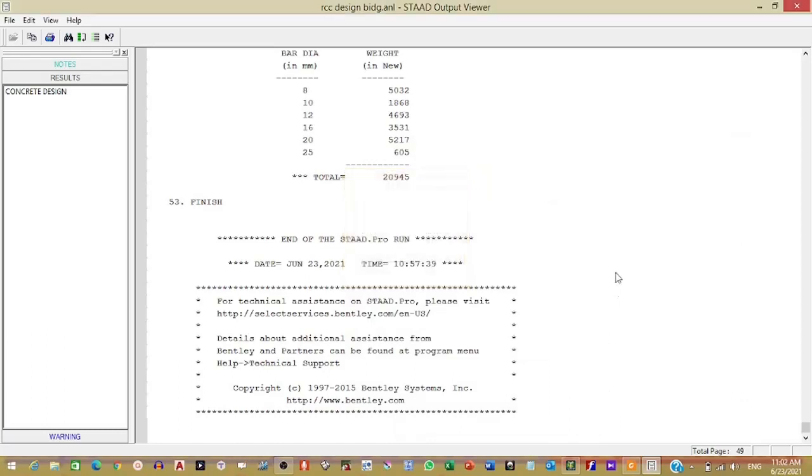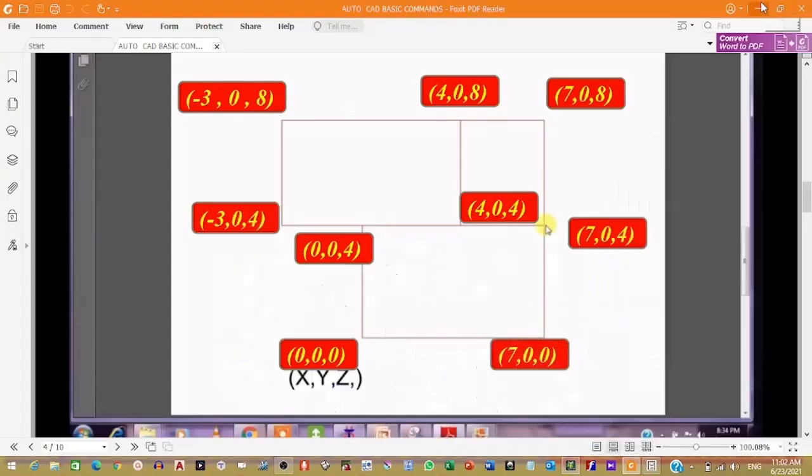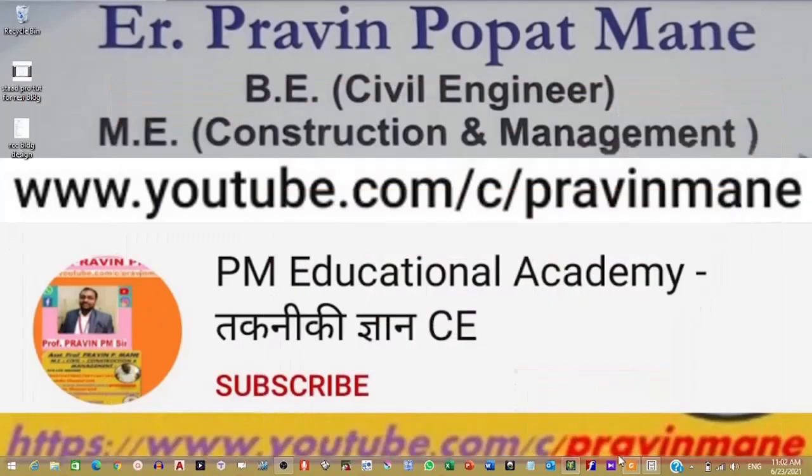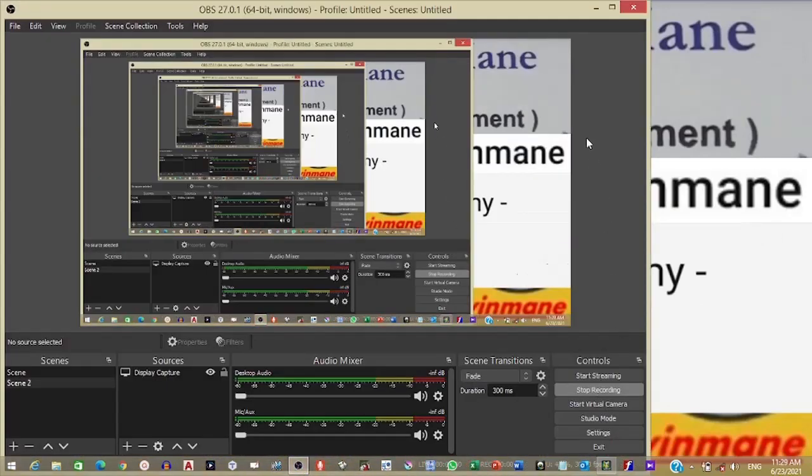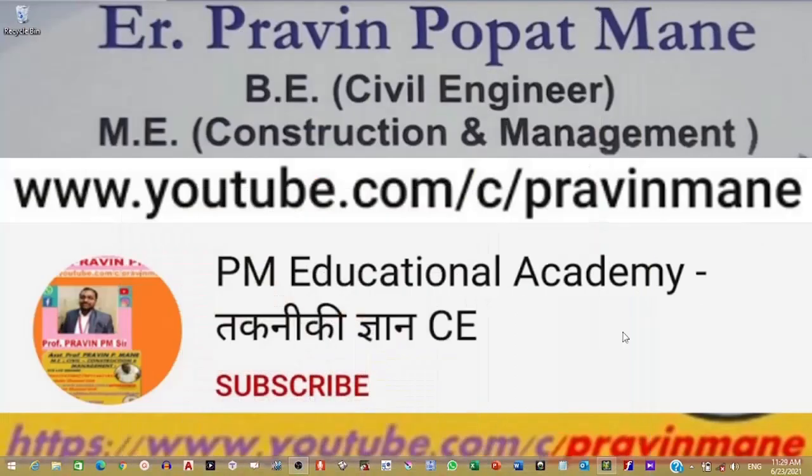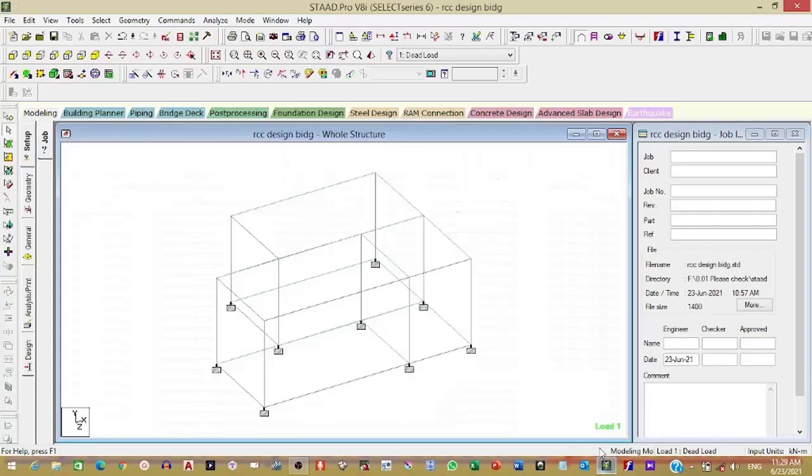You just give the name to the file and give the location where it will be saved. So the report will be generated. Then now